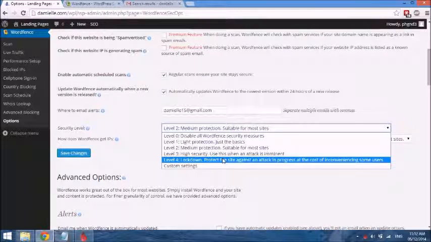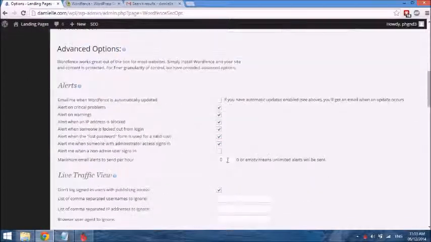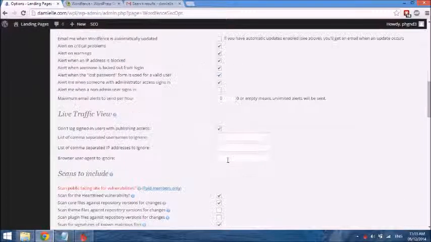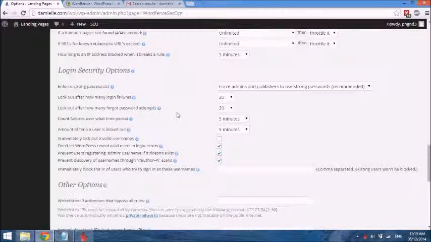some users. Now, what this means is that if you, for example, run a membership site, then in terms of those members logging in, it may give them a hard time to get into your site. So you want to be careful when you select this option. But the medium protection will work out of the box for the average site's needs, and even if you have a high traffic site. So I wouldn't mess about with any of these except for here where it says login security